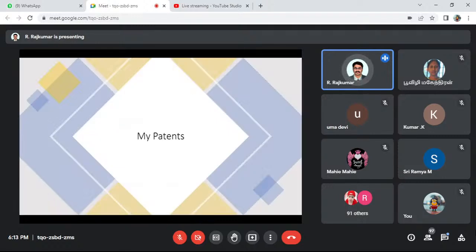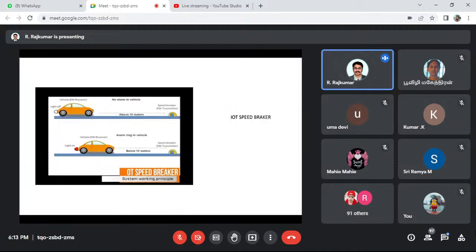My very first patent is an IoT speed breaker. Normally speed breakers are there in our places, but if you are not seeing the speed breaker, we may run over it, maybe in a car, bike or even a cycle.